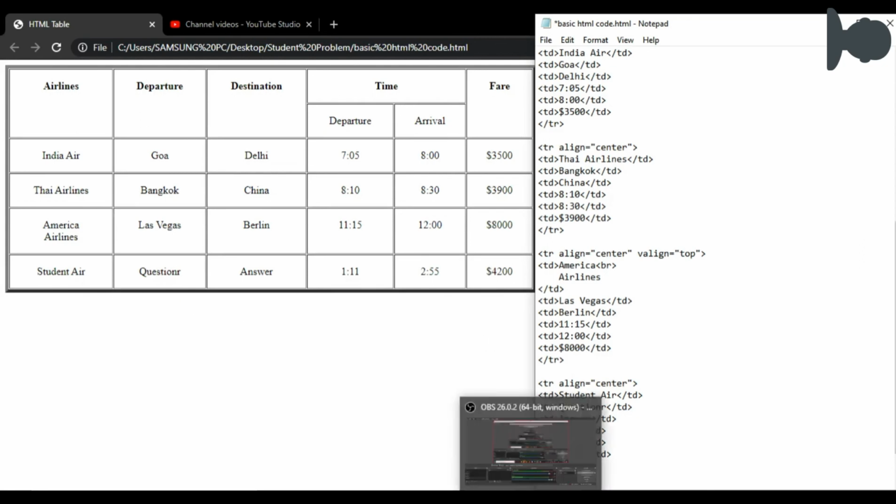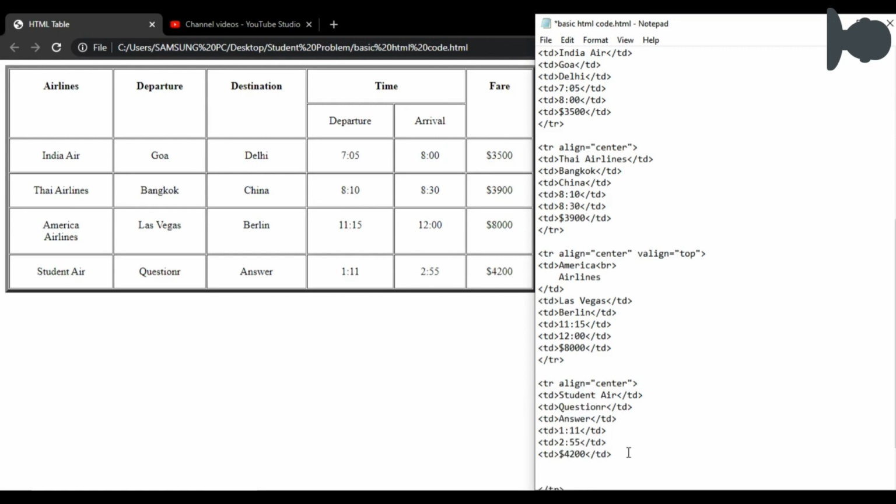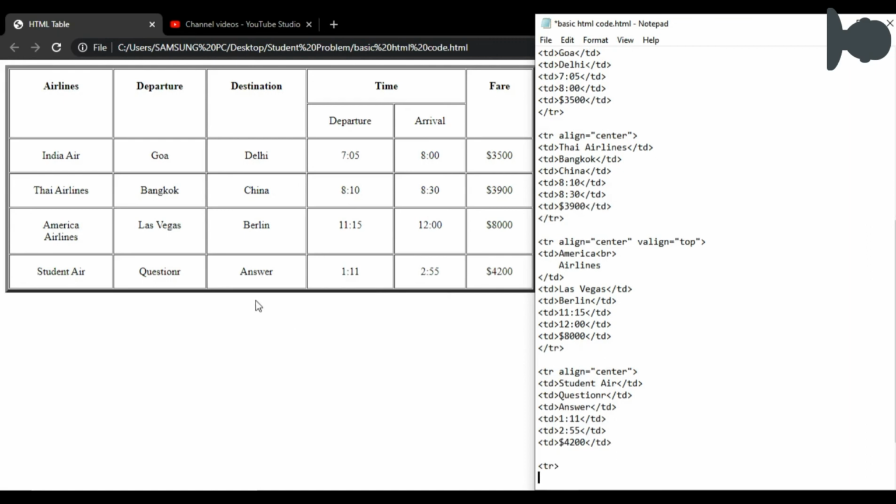So for that we use table row. So you can see here 1 2 3 4 5 6.